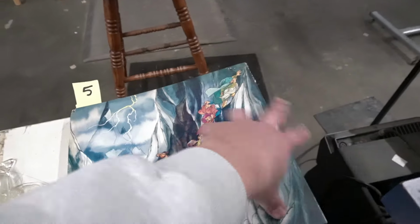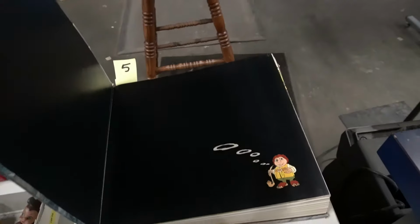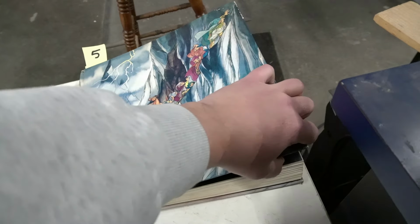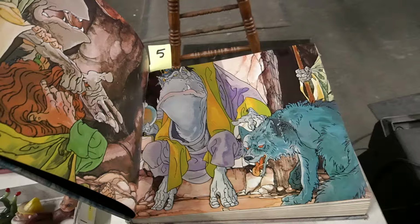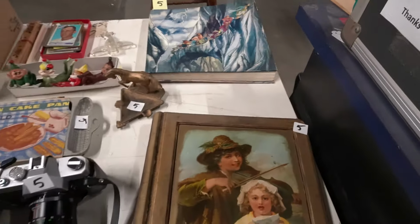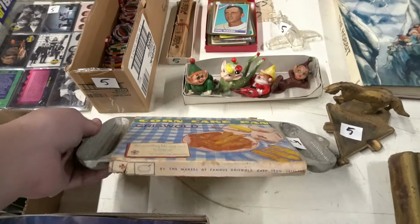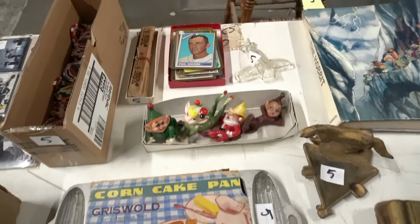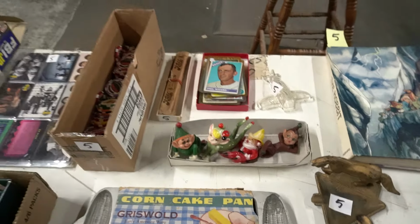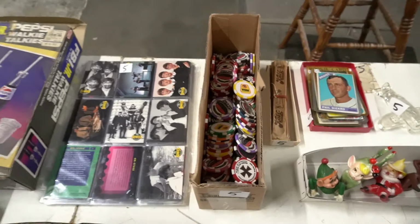So this is a little, like, you need something heavy sat on it for a while. But it's a freaking Hobbit animation book. Look that up. It just kind of keeps going over here. Griswold cast aluminum with the label on it. Sports cards, little Christmas dudes, some local stuff, Cat's Drugstore,